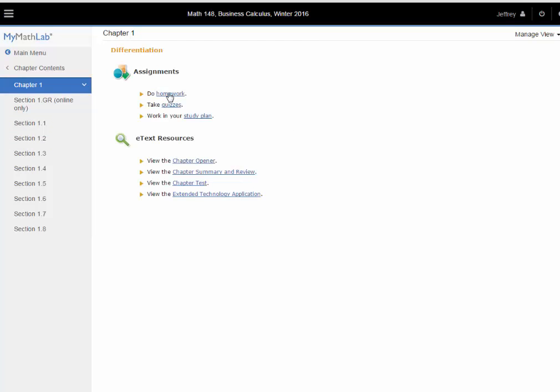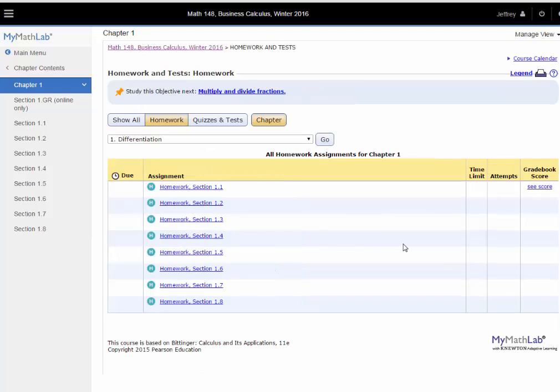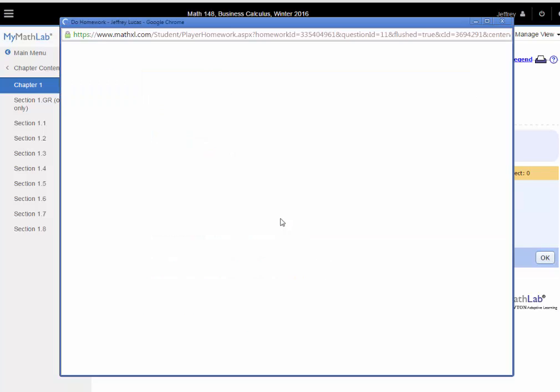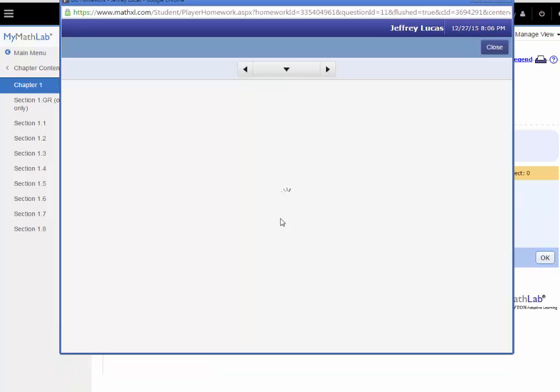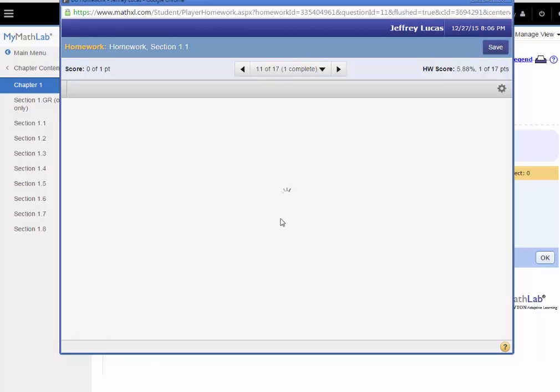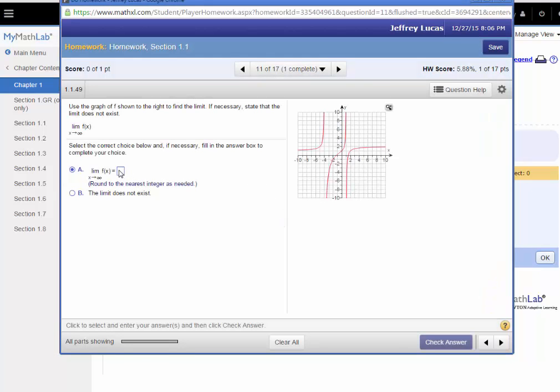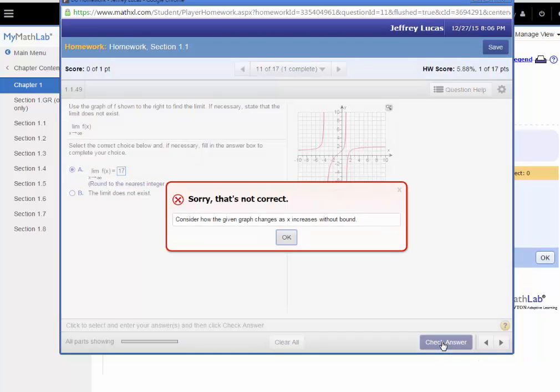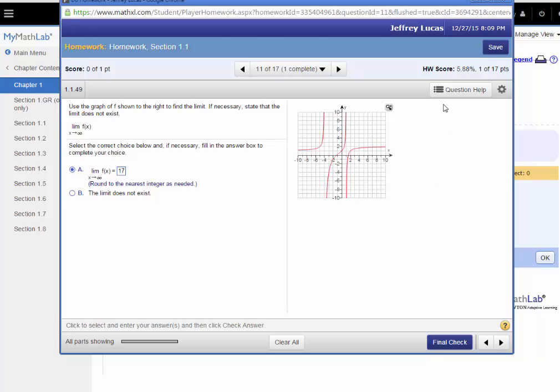So chapter 1. If I click on do homework, it takes me to all the assignments for chapter 1. And what I can do is, okay, I've gone through section 1.1. I'm going to try some of the homework problems. And I'm just going to pick a random one here. So like we just saw in the book, I've got a problem here. I'm going to answer this. 17, check my answer. That's not right. So the answer is incorrect. And what you can do over here, as we saw in the